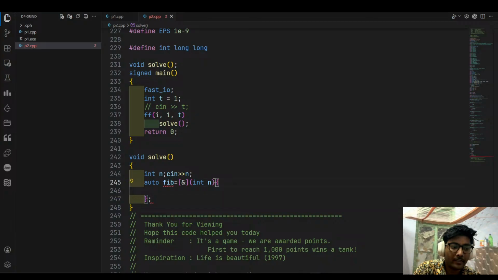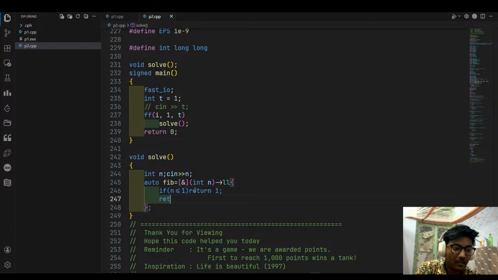Of course the return type can be long because it can get very big. Of course, if n is less than or equal to 1, we return 1. Otherwise, we return the same idea, n minus 1 and